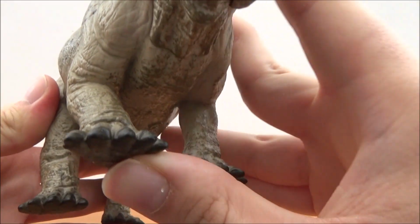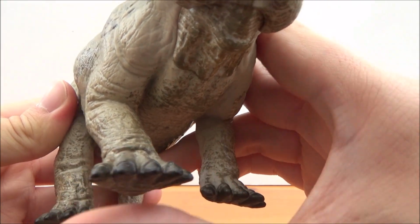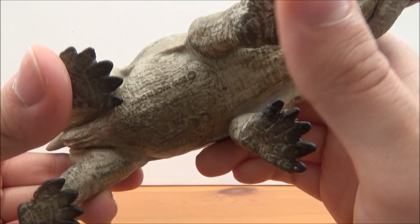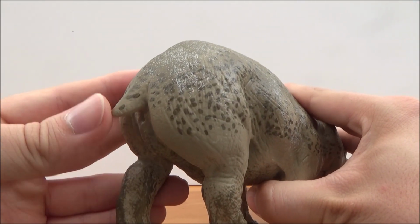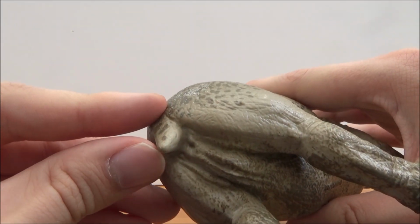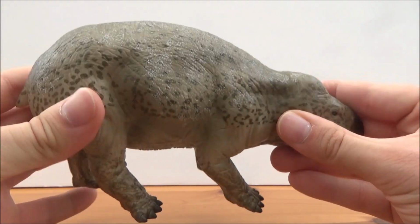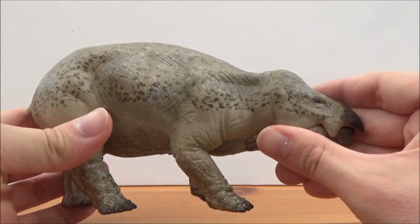So we have the large feet here. There are 5 toes on the forelimbs and 5 toes on the hind limbs. We have a very tiny tail at the back there, like a little stump, and there's even an opening underneath the tail as well. The coloration, when I first saw images, I did think it was a little odd, but actually